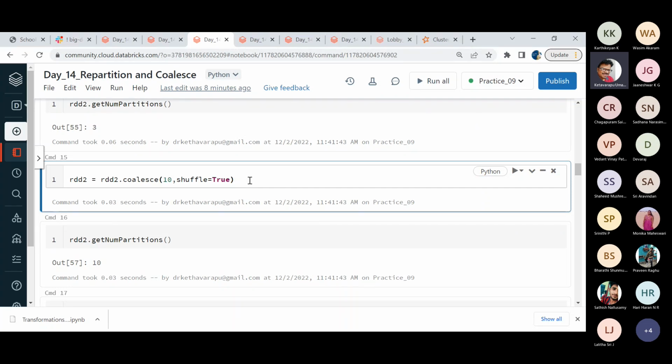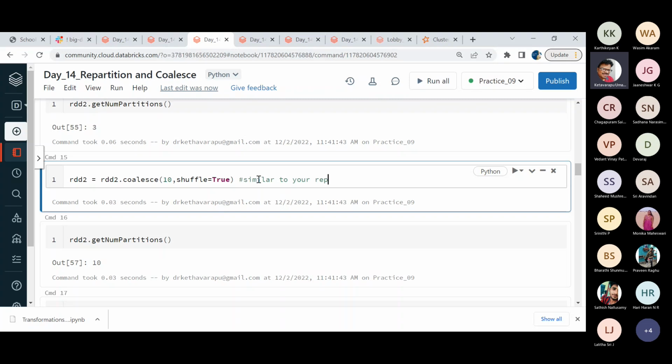Because the programmer's mindset is a bit distinct, guys. We always strive for the else condition, not the if condition. We always go to the second way and see how things happen. Yes, of course, that is required because we have to see all the negative sides of programming also. Coalesce only allows programmers to decrease the number of partitions, but at times you can use coalesce to increase the number of partitions, provided you explicitly mention that shuffle must be true,